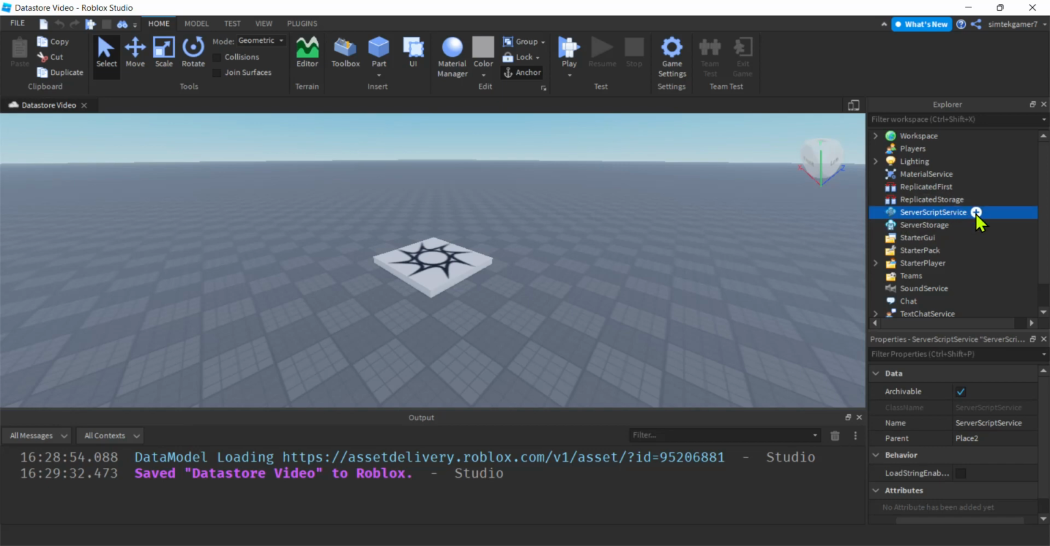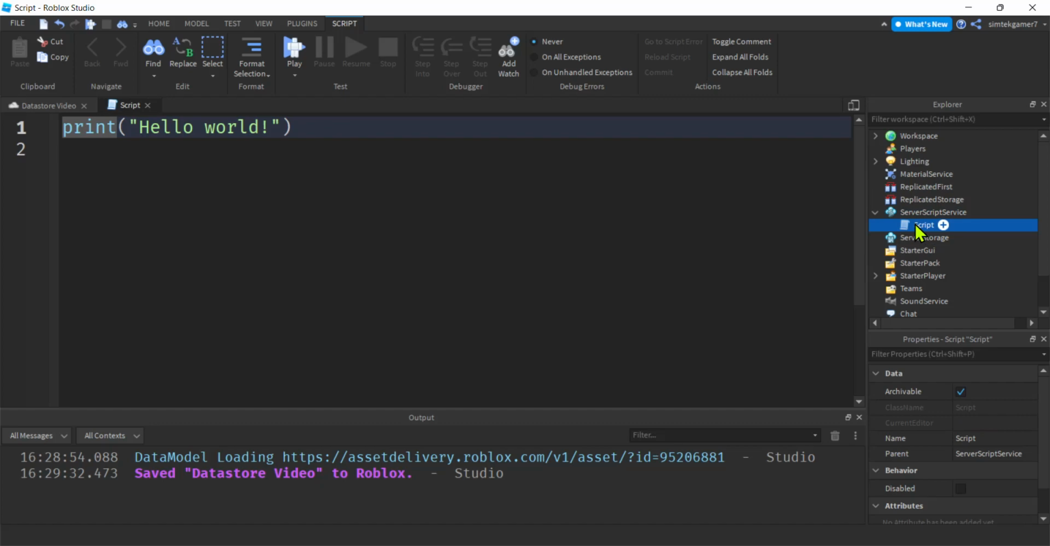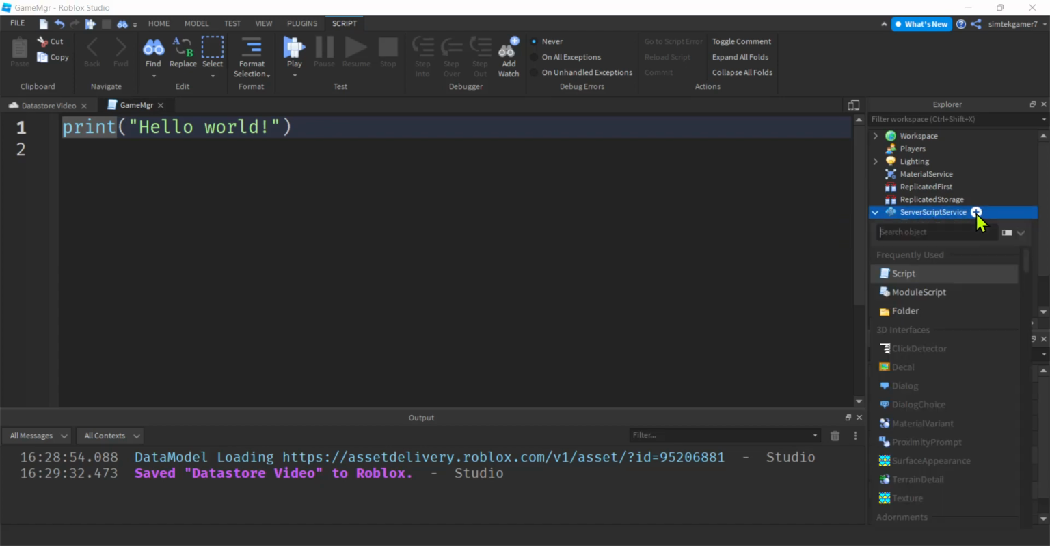I'm going to go to server script service. I'm going to hit the plus sign, get a regular script. I'm going to call this game manager. So this is a regular script. Cool. I'm going to add another script, go to server script service, hit the plus sign, add a module script,